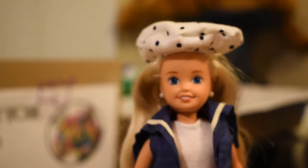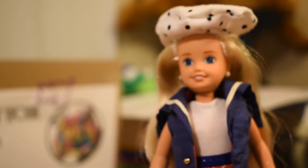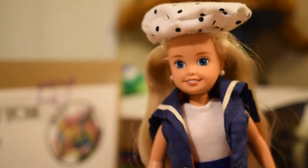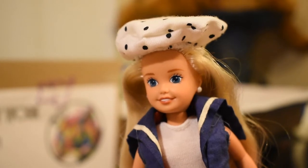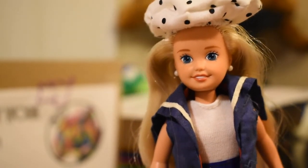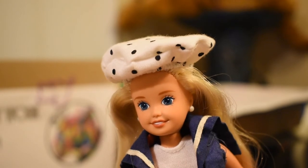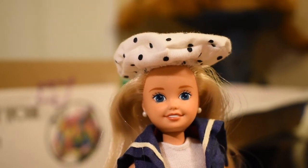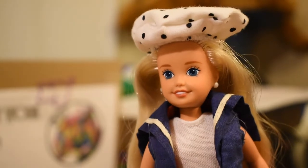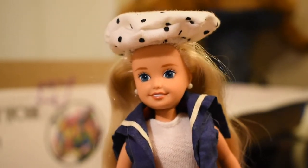In 1992, when they came out with Stacie, they diversified her. There was Black Stacie, but in 1994 they came out with Janet and then her friend Whitney, who was a redhead with glasses, heart-shaped glasses. So imagine this as a mahogany redhead with crimped hair, and that was Whitney. And then maybe even as early as 96, but definitely by 1998, Whitney was a brunette. So you would imagine, the white friend, and then Janet, the black friend, and then Whitney, either redhead or